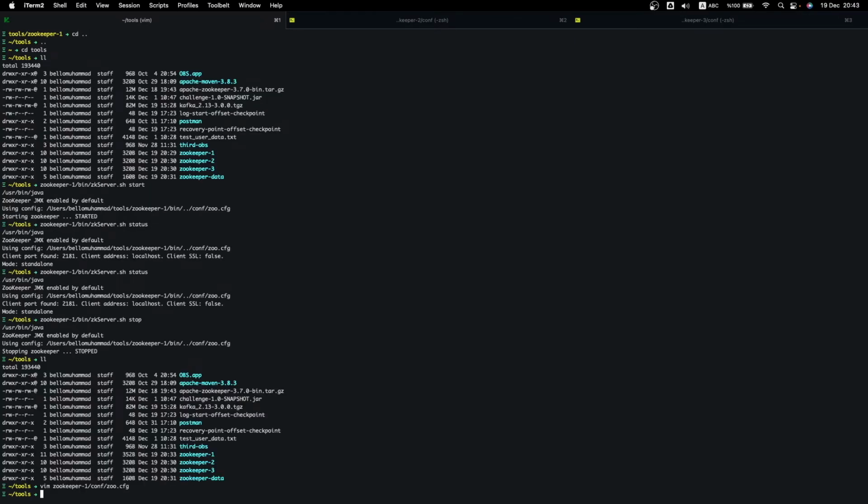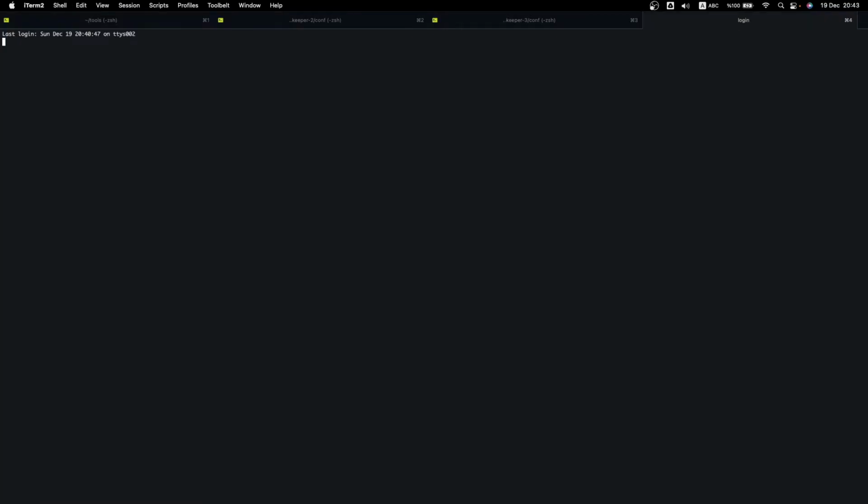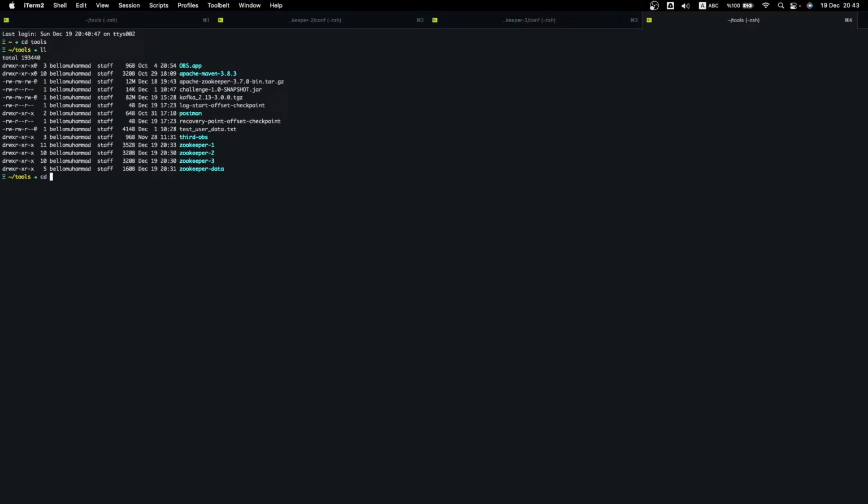Now, in the Zookeeper data directory, here we have our 3 data directories. For the first node, let's give it ID 1, so in ZK1 we create myid, that's the name of the file.